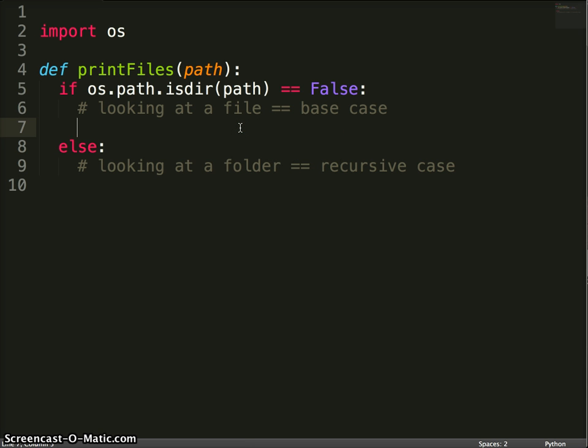Now let's think about what we want to do in the base case, because the base case and the recursive case, no matter what, should be doing the same thing, essentially printing out the files. So if I want to print the files in a given file, and I know it's not a folder, then I just print the path, because this is the only file that I need to print. Now if I'm looking at a folder, then I need to loop through everything in that folder and print everything in there. If we want to find all the different things inside of a folder, we can do os.listdir on the path. This will return a list of all the different file names. So I'm going to do for file name